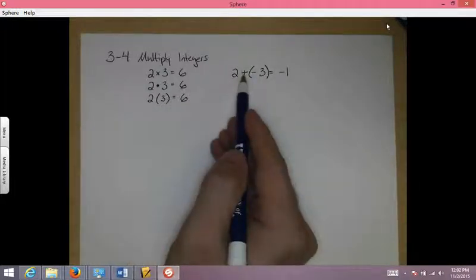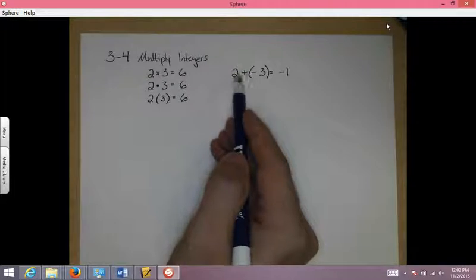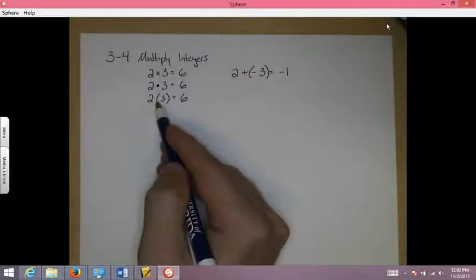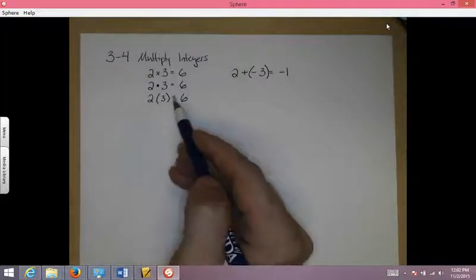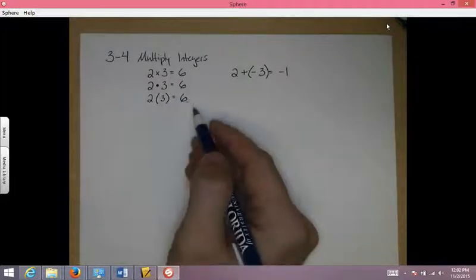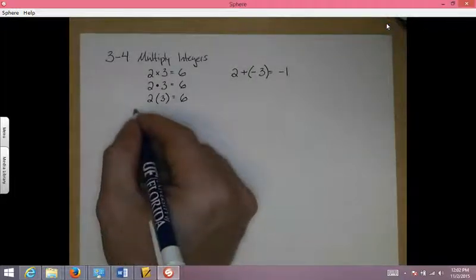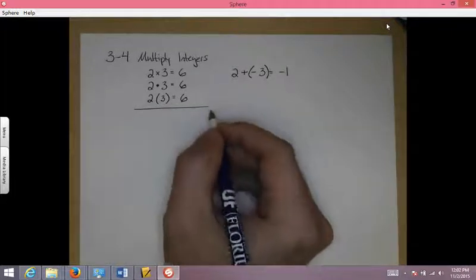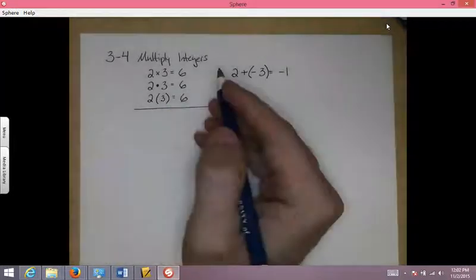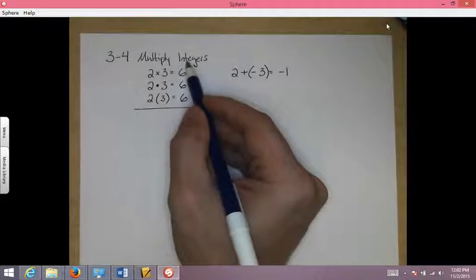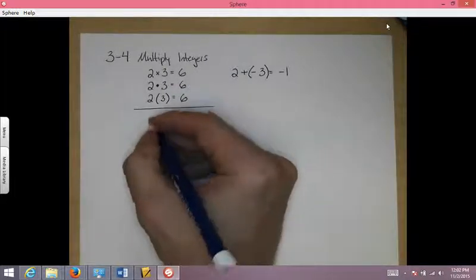Well, if there's nothing between the number and the parentheses, that means if the number's right up against the parentheses or the letter's up against it, that means it's multiplication. So be aware of that. Now that we know the different ways that we can write multiplication expressions, on to today's lesson, multiplying integers, so positive and negative integers, we've got a simple rule